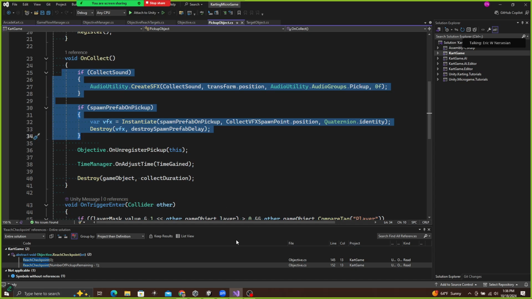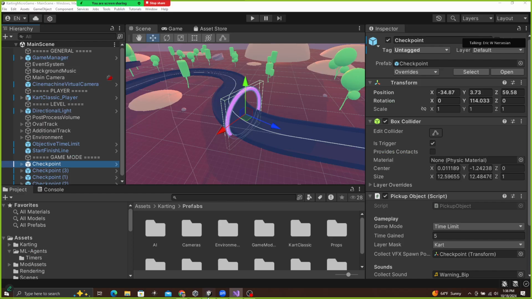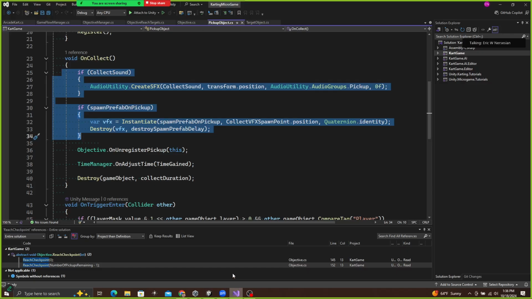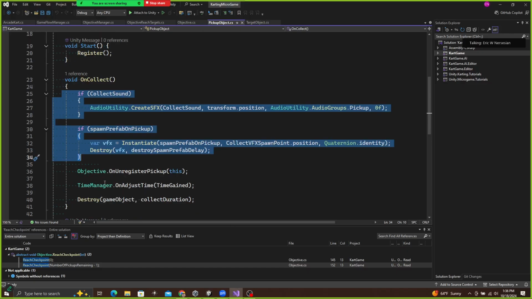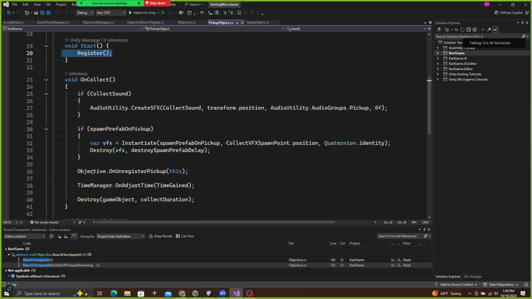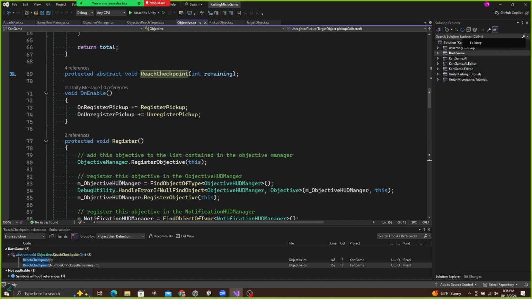Yeah, what you could do is if you want to pick up a power pickup or something that impacts the player's stats or gives them a score, you could reuse this checkpoint and change the mesh, but change the game mode to something else like crash or lapse, just something other than the main game. And the point of that is that when it registers and when it unregisters itself,